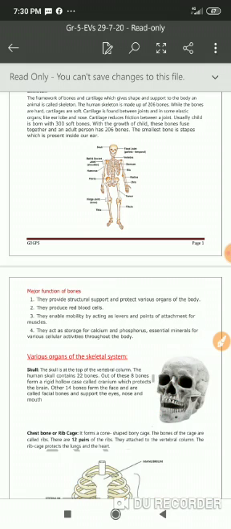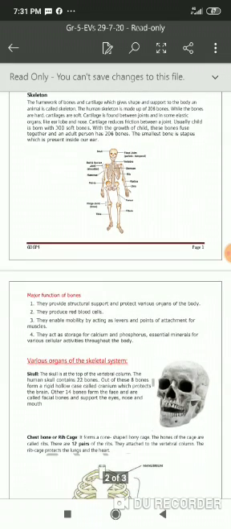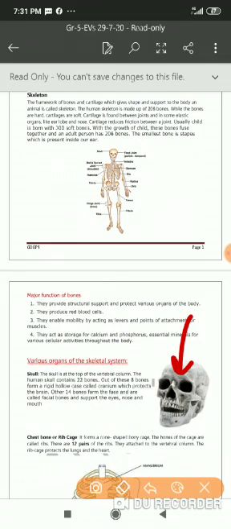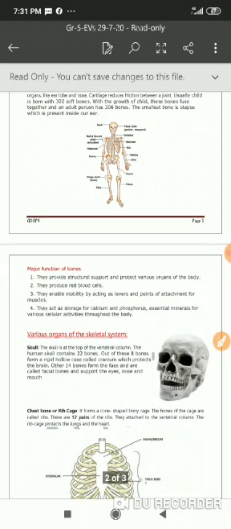These bones are fused together, and they fuse in such a manner that they surround and protect a very vital and important part of our body. That's what we call the brain. It's a very delicate, very important part of our body, and it is the skull that protects it. Do you know the only part of the skull that is movable is just the lower mandible, or we can say the lower jaw?